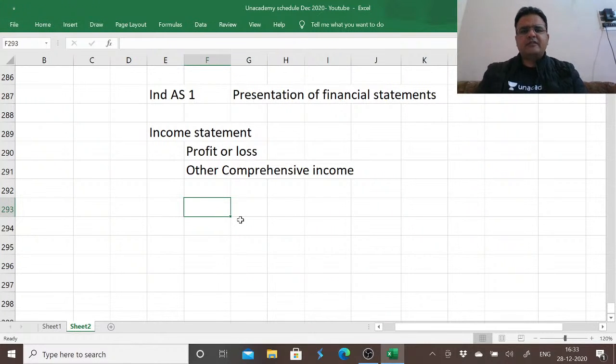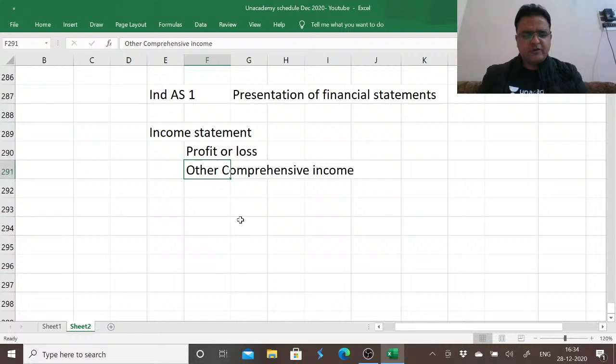So in IFRS, this was allowed in two statements. There is an option in IFRS that we can present profit or loss separately, and we can present the components of other comprehensive income separately. There's a choice that we can present it in a single statement, where we begin the statement with profit or loss and then profit for the year. We also present the items of other comprehensive income in a single statement, and we use the single statement approach. So in India, in Ind AS, we have opted for the single statement approach, where we'll be presenting other comprehensive income and profit or loss as part of the single statement.